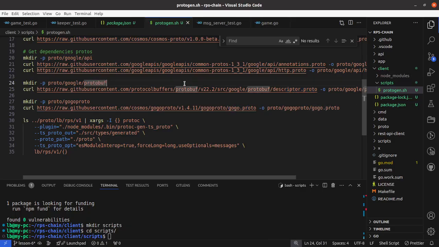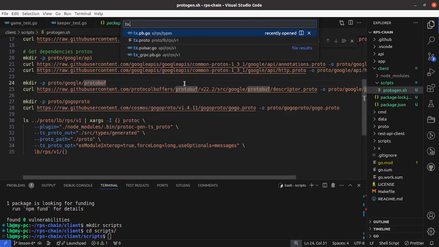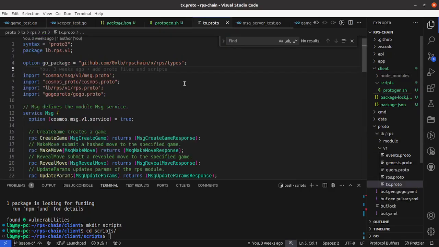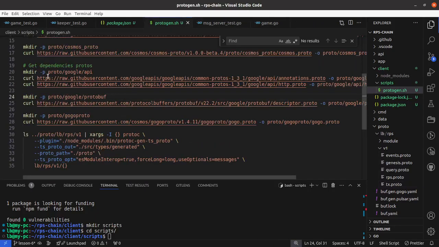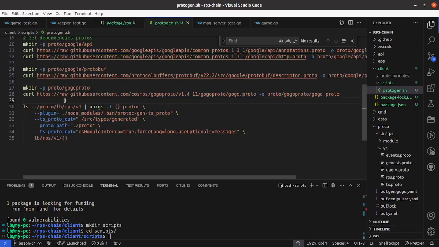Remember, all these are dependencies that we have, for example, in our transaction proto. You will see all these dependencies that we have. These are the ones that I'm pulling here from the corresponding repo. This is just pulling the proto files that we are going to use then